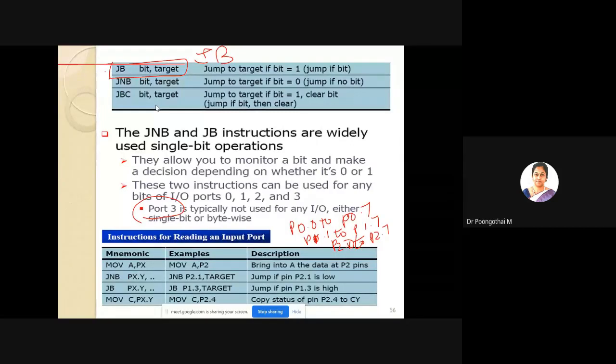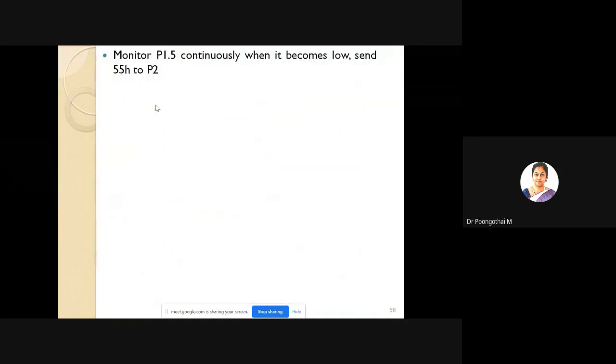Any doubts? Just read out the problem and tell me the solution for this.